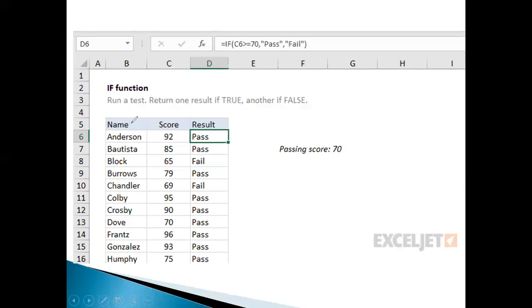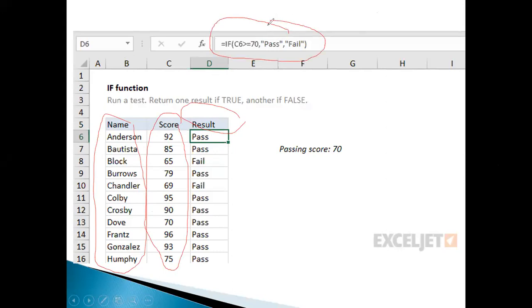Let us say these are the names, and these are the scores they got, and you want to know what the result should be.